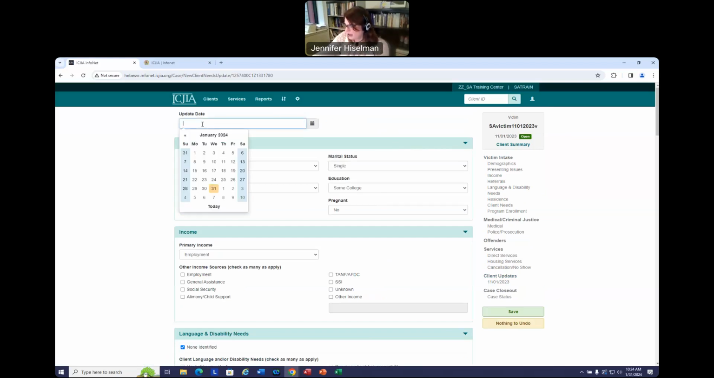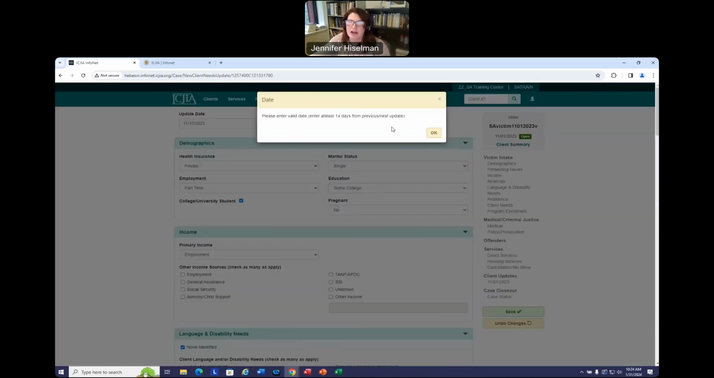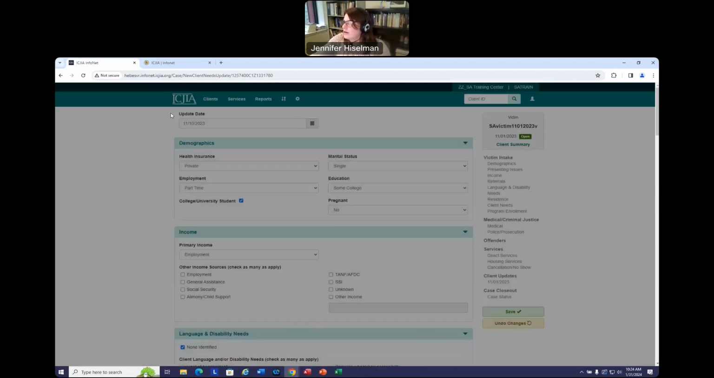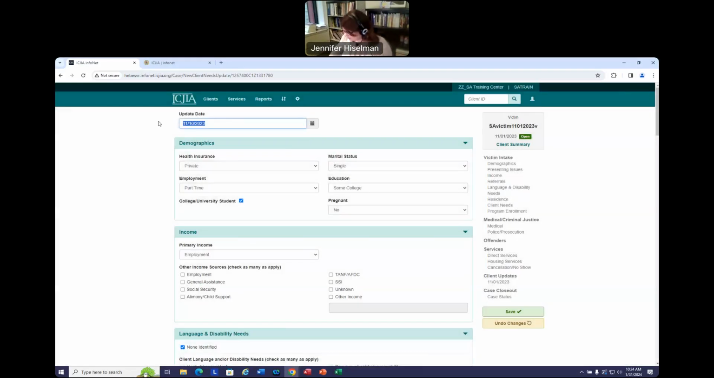And I am going to make my updated record for December 1st. And actually, before we do that, there is a data validation here. It needs to be at least 2 weeks after intake or the last update record you created. So if I tried to enter here something like 11/10/23 and I try to save, it is going to let me know that the valid date must be at least 14 days later or 2 weeks. So I'm going to go back to my December 1st date,